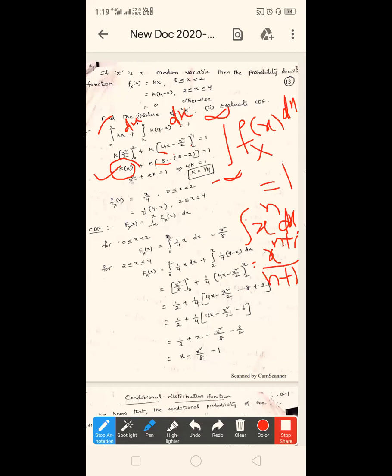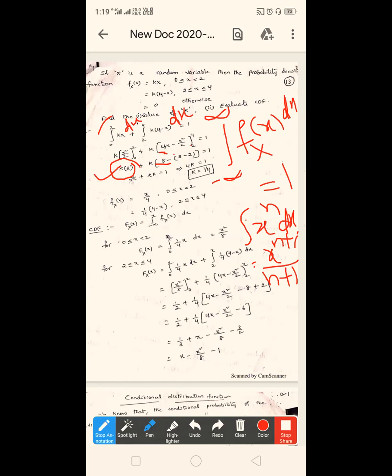So 4 into upper limit minus lower limit, 4 minus 2. 4 into 2, 8. In that way also you can write. Anyway, already you know the procedure to apply the limits. Instead of x, substitute the upper limit first and then the lower limit. So 4 4s are 16 minus 4 2s are 8. 16 minus 8, you will get 8.